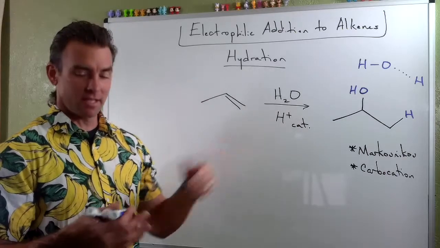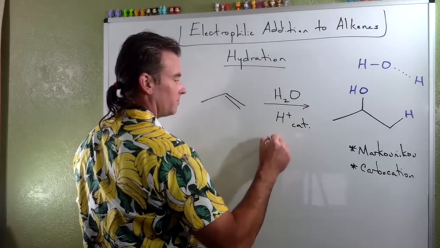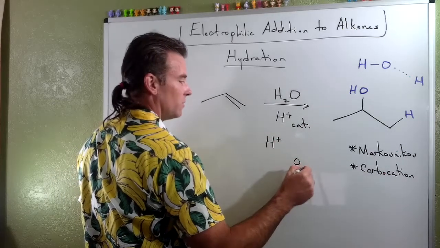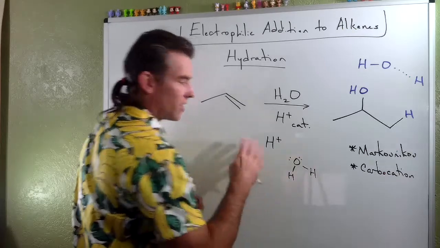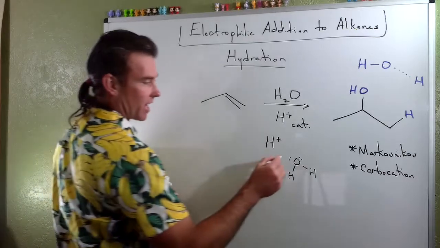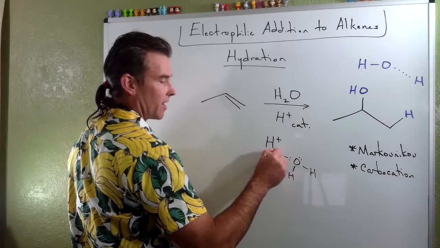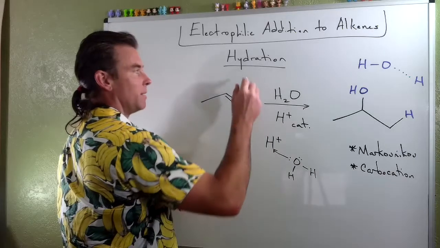That's why we need this catalyst. So it turns out what this catalyst is doing is much like you saw probably in general chemistry. It's undergoing a Bronsted-Lowry acid-base kind of reaction where water is attacking the proton and you're ultimately producing